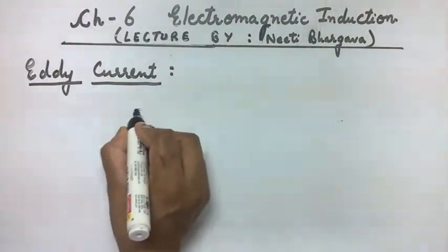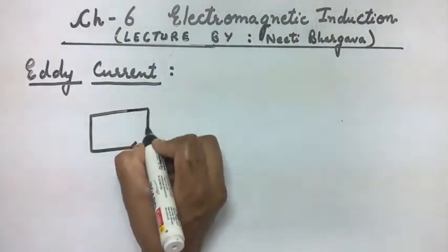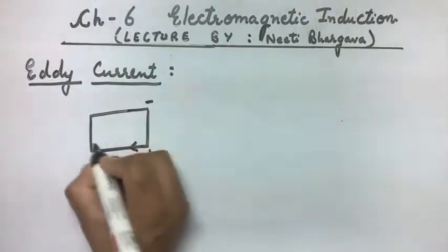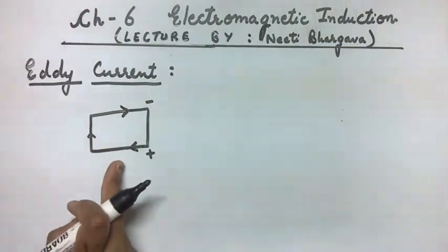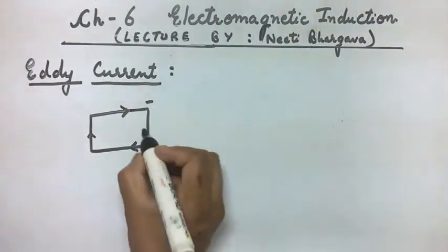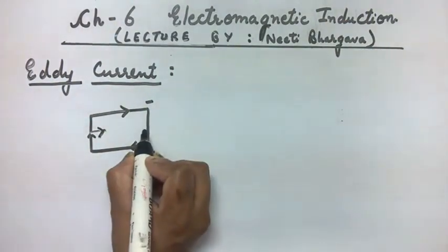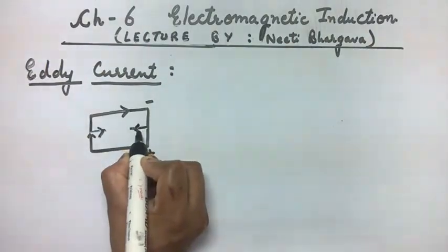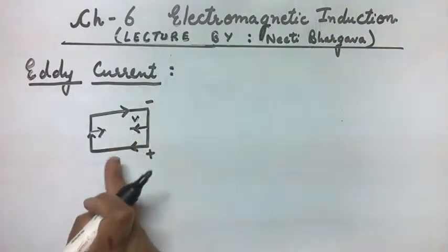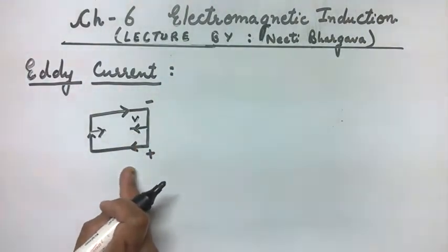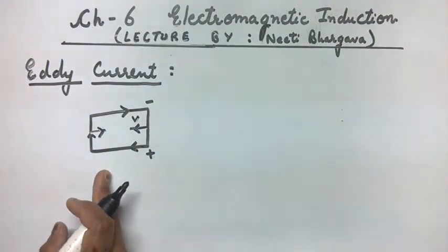Because of that induced EMF, induced current is produced in a loop in a particular direction. This we have done, and because of this induced current, a deflecting force is exerted on this loop. This deflecting, magnetic or Lenz's force is in the opposite direction to the force which we are applying to move this conductor in a uniform or non-uniform magnetic field. Because of this we have calculated the value of induced current.